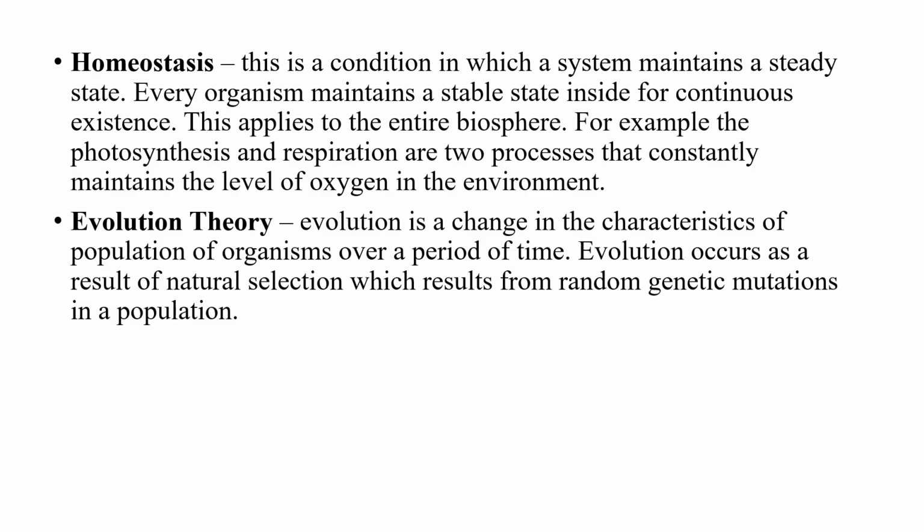So these four principles guide the study of biology. The cell theory says that every organism has at least a cell. The gene theory says that the characters, features, and characteristics that are passed to offspring from parents are inherited. That is, they are present in the genes of organisms, and that is how they are passed from the parents to offspring during the developmental stage.